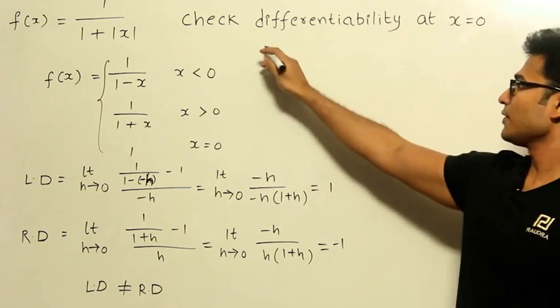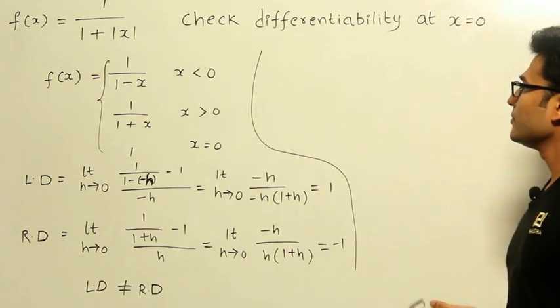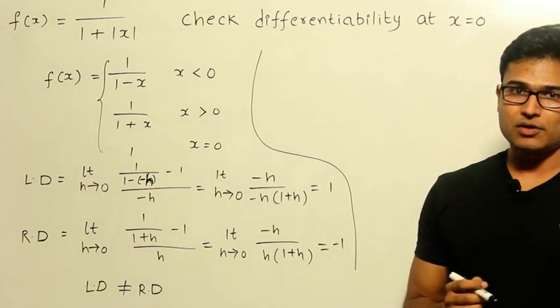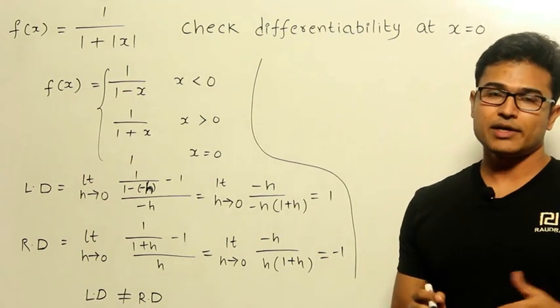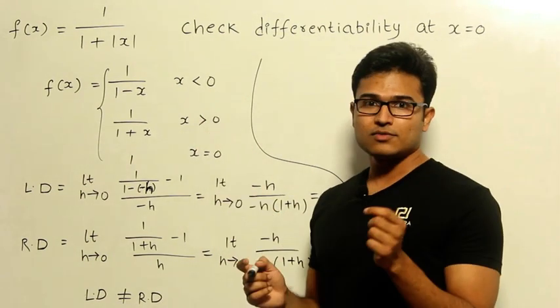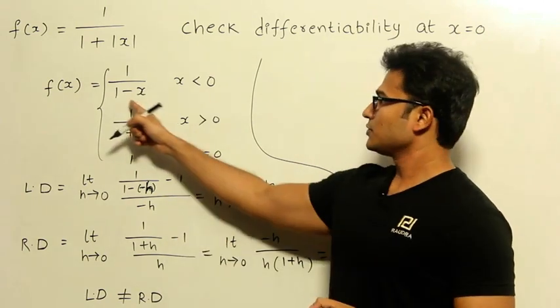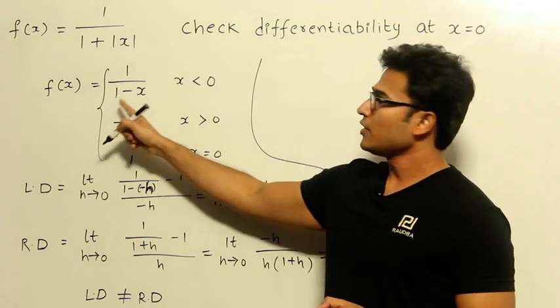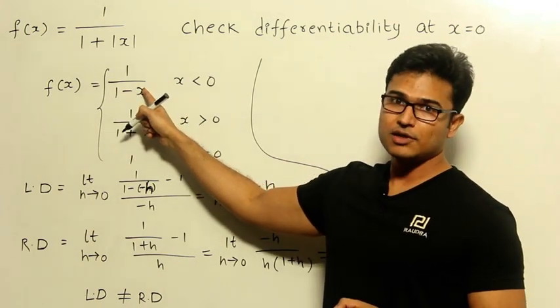Now if you want to use the other method that we discussed in the earlier example, what is the other method? Check whether it is continuous or not. What is continuous? Check whether the left hand limit is equal to the right hand limit is equal to the value. Left hand limit means what happens to the value at a point to the left of 0. To the left of 0, this is the function, right? At this point, if you substitute x equal to 0, you are going to get 1, which means left hand limit equals 1.